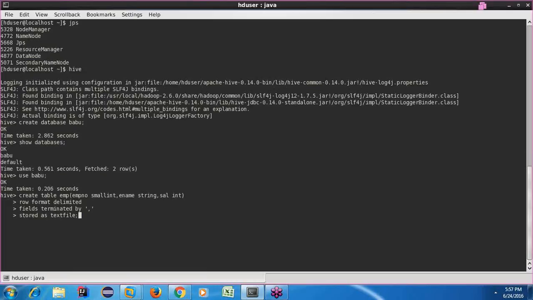But text file is one of the most important. We use the text file type whenever we are using tables for staging purposes. At the same time, if you want to analyze your query performance and you are not playing with your real data, or you want to test your queries, at that time we generally go for the text file type.